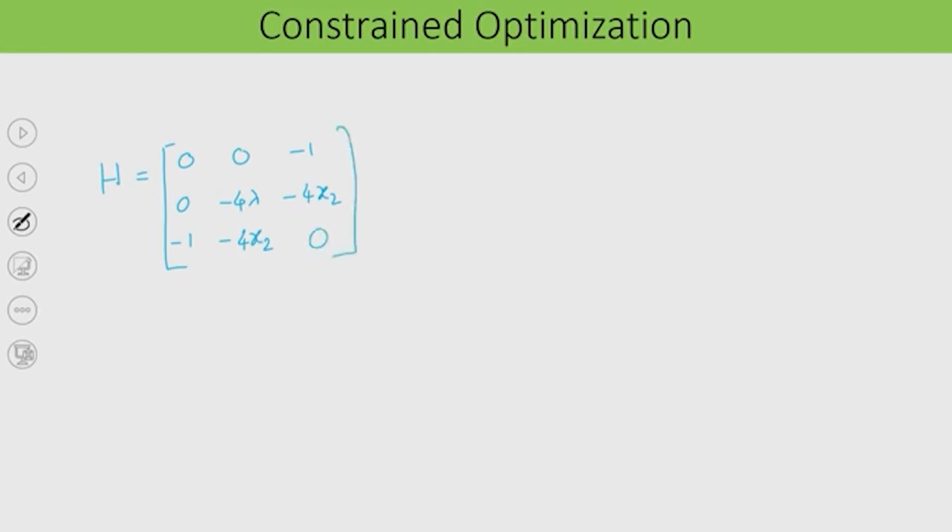If you put the Hessian matrix at x star, then I am getting 0, 0, minus 1, 0, minus 8, minus 0.5, and minus 1, minus 0.5 and 0. The eigenvalues of this matrix are